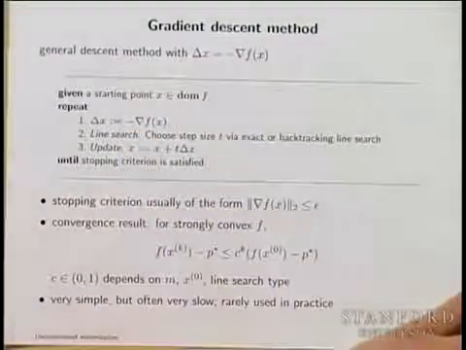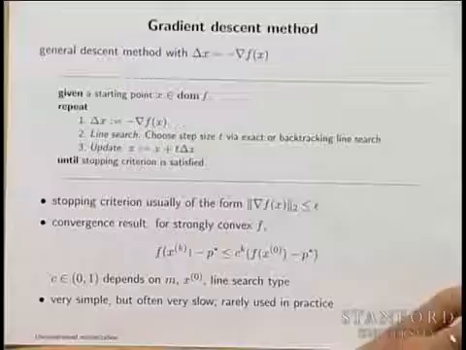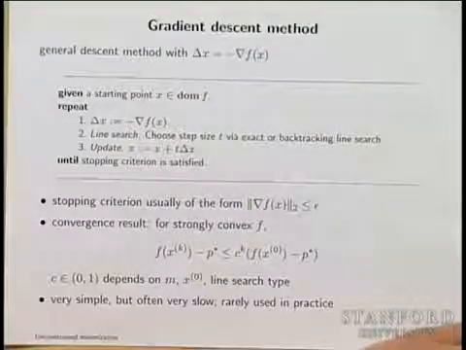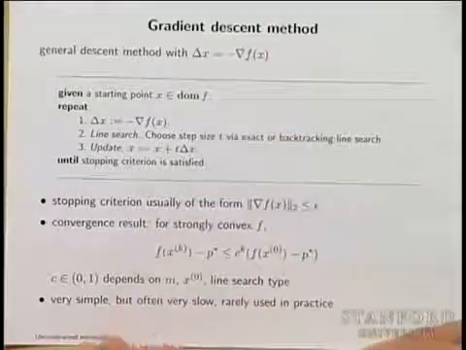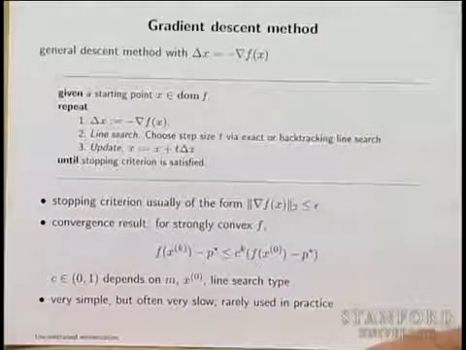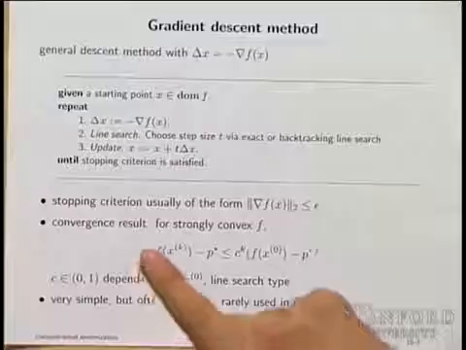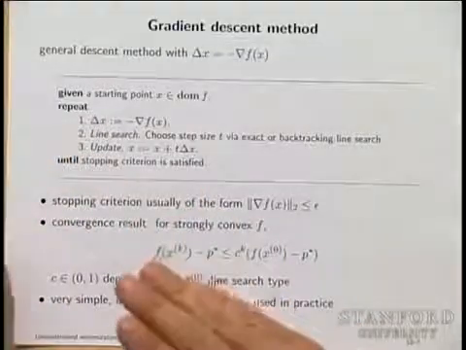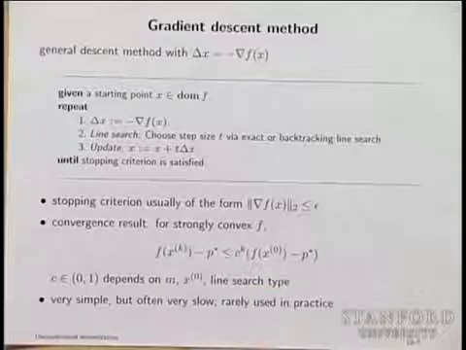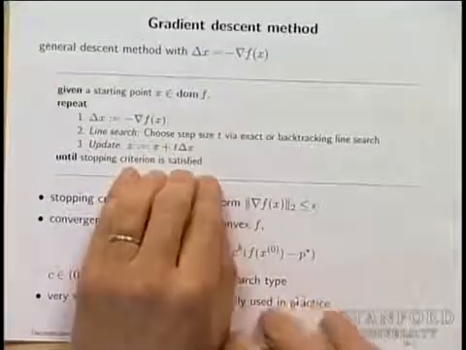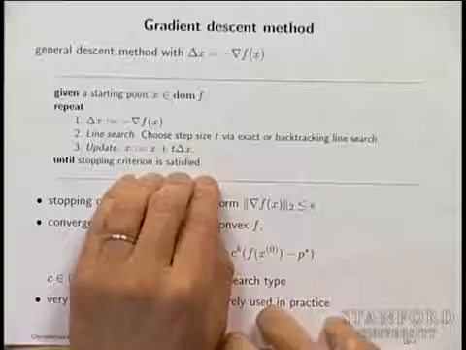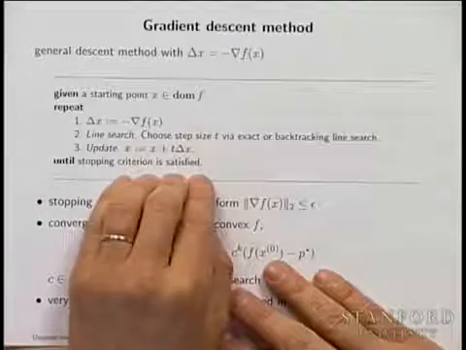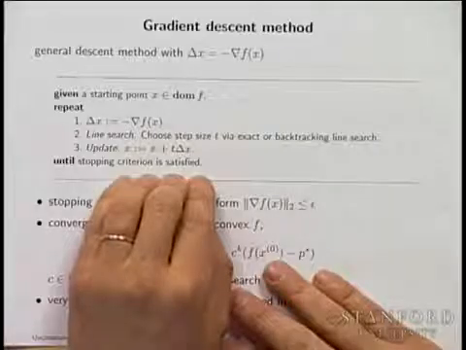By the way, this is a classic greedy algorithm in the computer science sense, because basically it says you want to achieve a goal, which is to minimize f, and instead of considering what's going to happen in the future, you simply look at that iteration and make the maximum progress towards your goal. This is literally the greedy algorithm for minimization. Okay. Now, once you put it in that context, you can imagine it might not be a good idea,